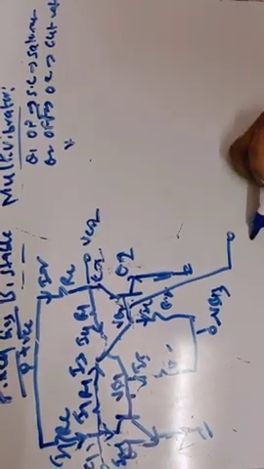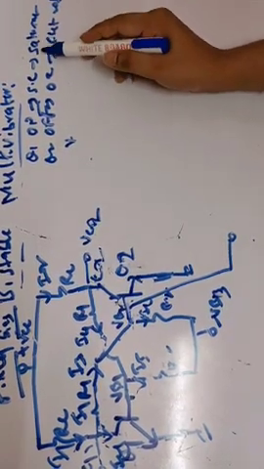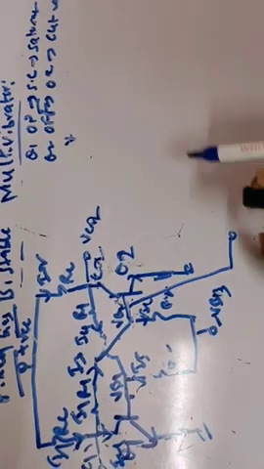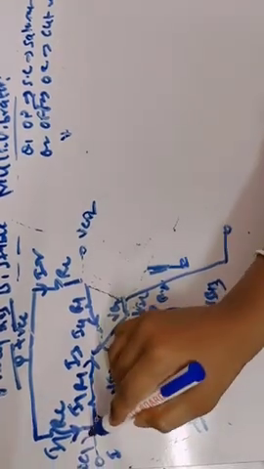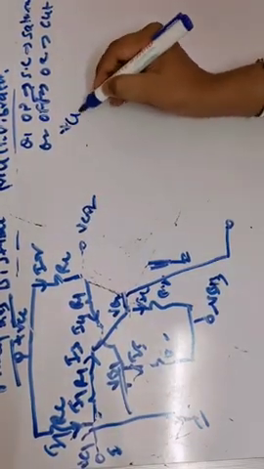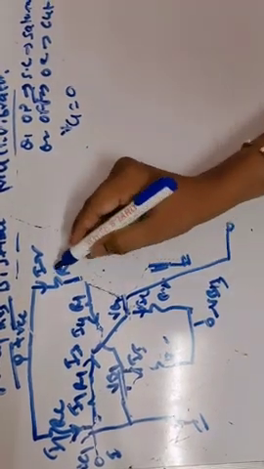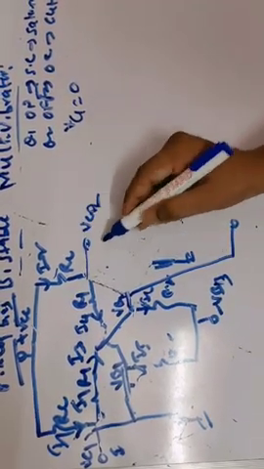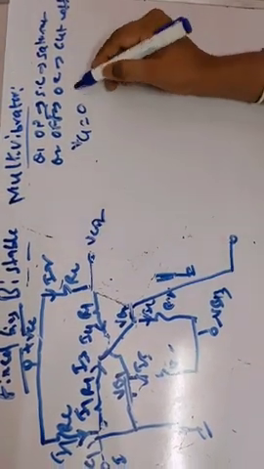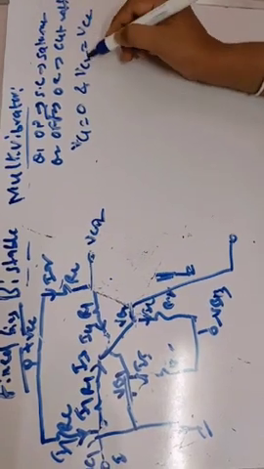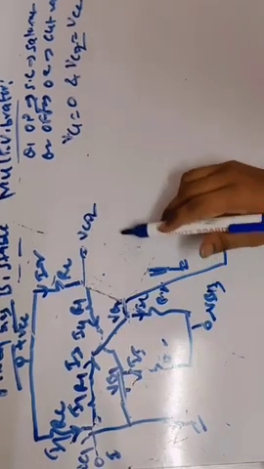So by applying the negative triggering pulse, Q1 becomes on and Q2 becomes off. Q1 is on, so it is considered a short circuit, and Q2 is off, so it is open circuited. If it is short, the potential VC1 becomes 0, because across the short circuit terminals it is 0. This is open, so the I2 current is approximately 0, and the VCC potential directly appears across the open circuit terminals. So VC2 becomes equal to VCC. The output of the multivibrator is taken across the collector terminals of the two transistors.